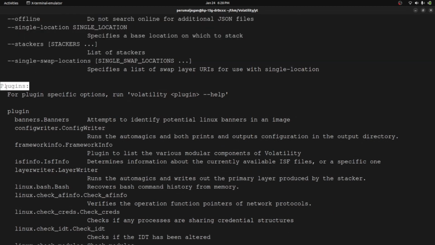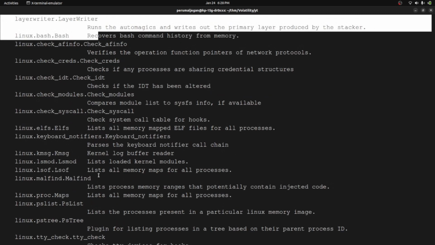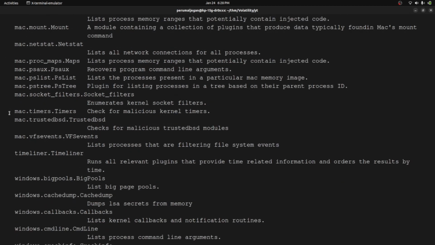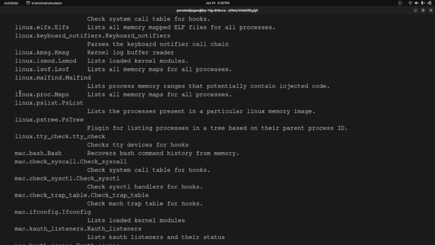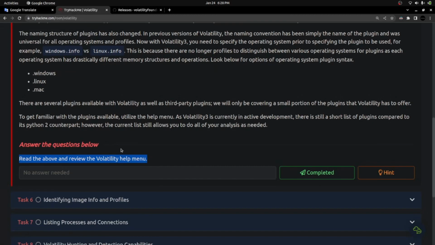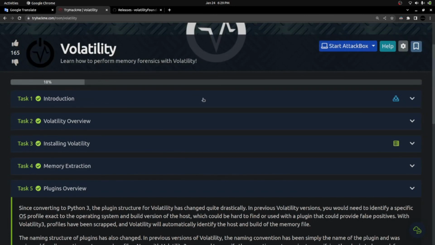And the plugins: for plugin-specific options, they gave the list of plugins available by default. And also the operating system names they are mentioning before the period. So this is how you have to mention it. This is the format: operating system, period, plugin name. Well, yeah, we explored the help menu. Moving to the next,